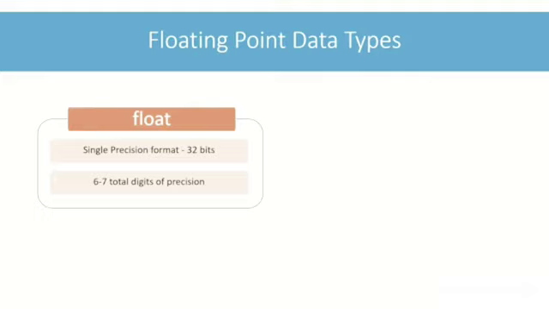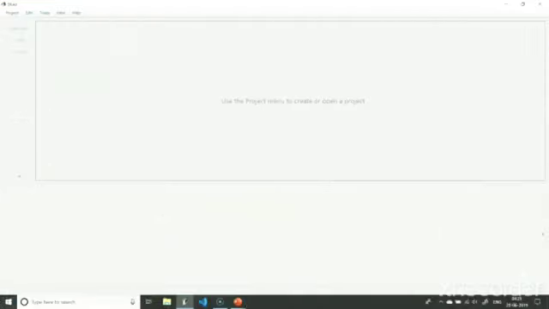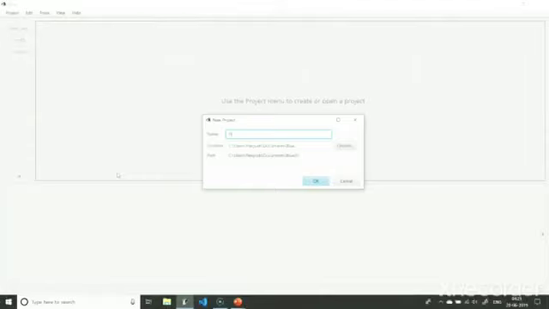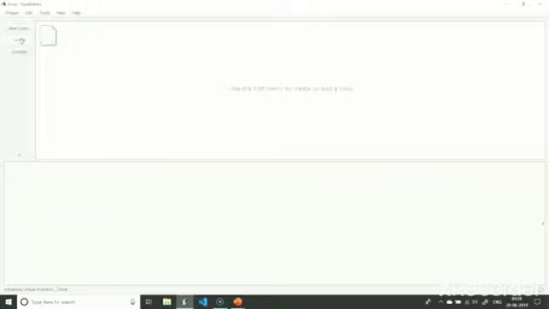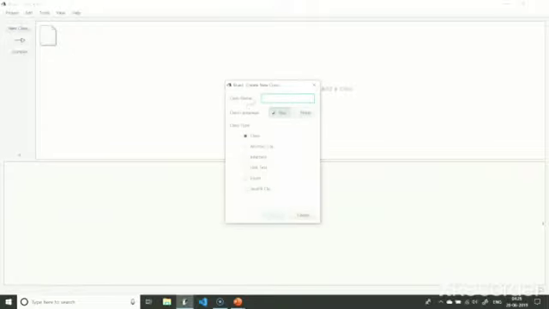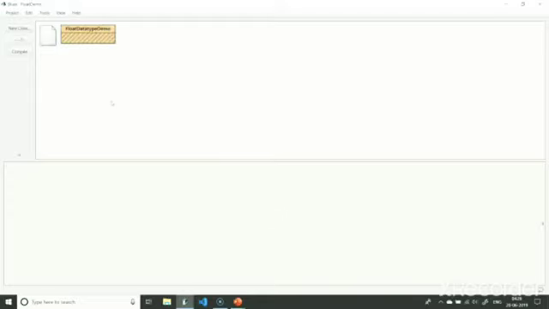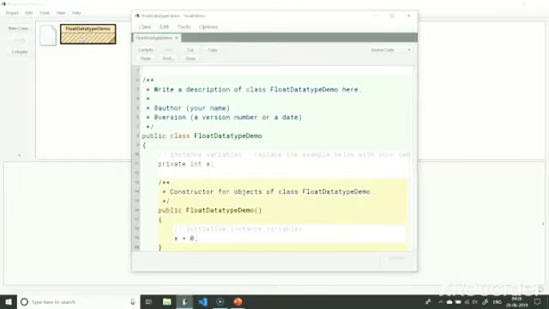Let's go to BlueJ and try out float in code. I will start a new project. I'll name it float demo. Now create a new class. I will name the class as float data type demo. Let's open the class and start adding code to it.